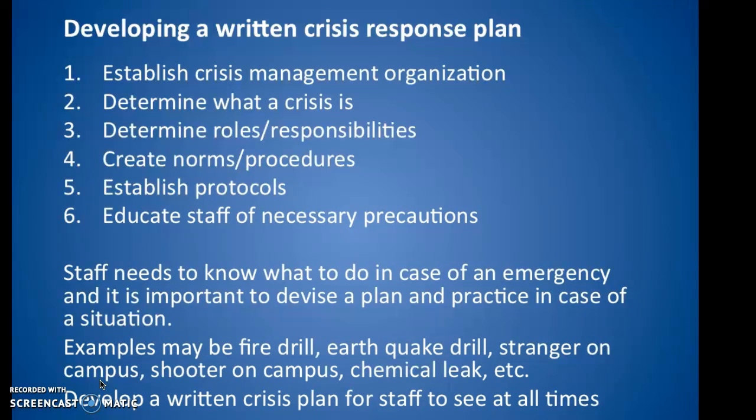Develop a written crisis plan. This is extremely important for natural disasters. Think of wildfires in Southern California, maybe tornadoes, hurricanes, things like that. You want to make sure that everyone at the school is on board with a safety plan, and they know about the norms and procedures, and they know the protocols and where to take students in case of an emergency. This could be a meeting at the beginning of the year that goes over the different steps in case something like that were to happen.